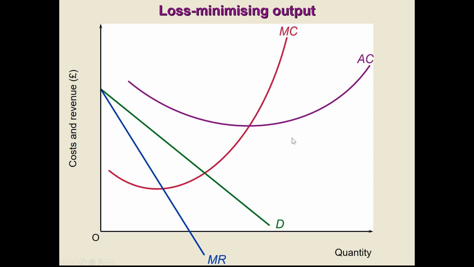So how much will you need to produce in this particular case? As before, we select the point where marginal revenue, the blue line, crosses marginal cost, the red line, which will be this blue dot. This will determine our optimal level of output, our production level, shown by Q. Next,